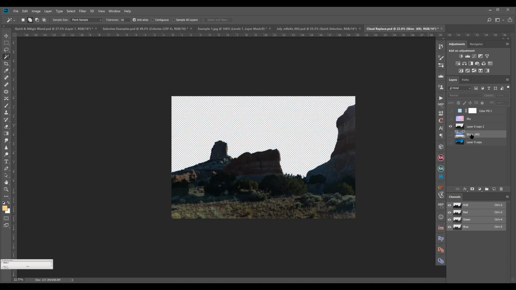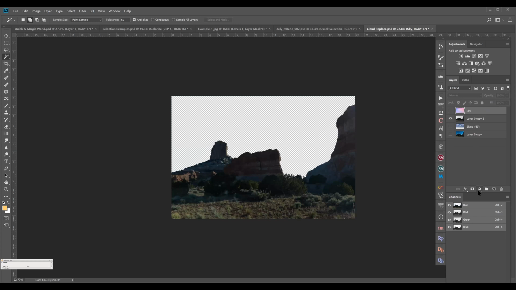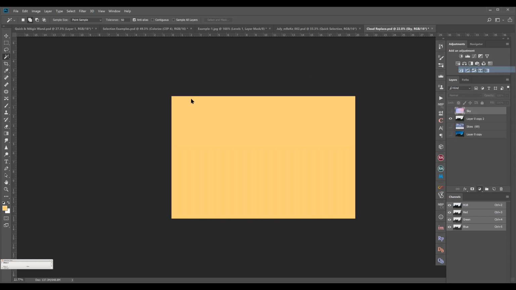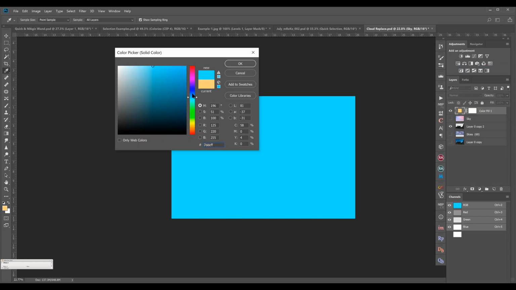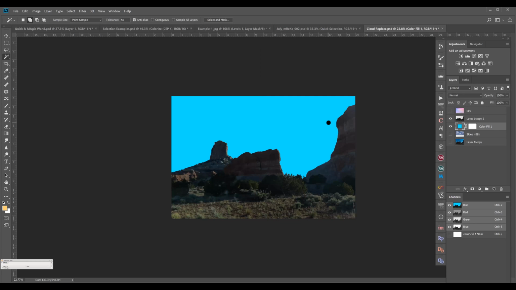For example, this is a solid color. I'll just create a new solid color. I want this color to appear below my background, so I will just drag and drop it below it, and it is done.